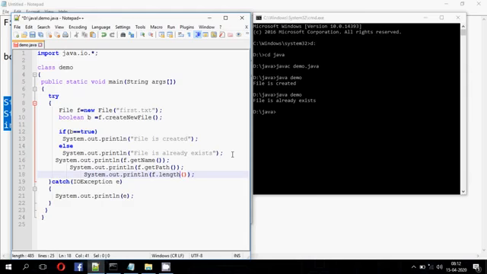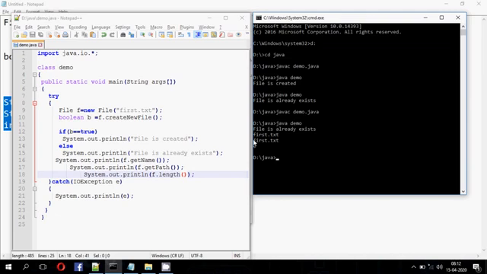So these are the functions of the File class. We are using them in a program. Now again we compile the program and execute it. Now if you see here, first.txt is my file name. getPath returns the path of the file, which is in the current directory. That's why it displays first.txt, and then the length of your file is 0 because right now the file is empty. So the number of bytes available in the file is 0.